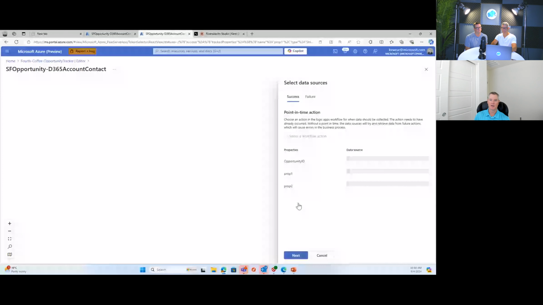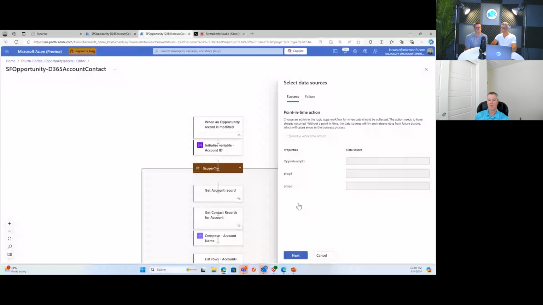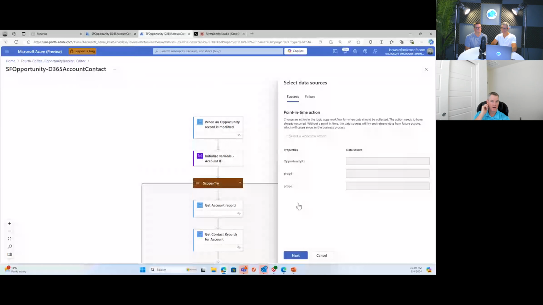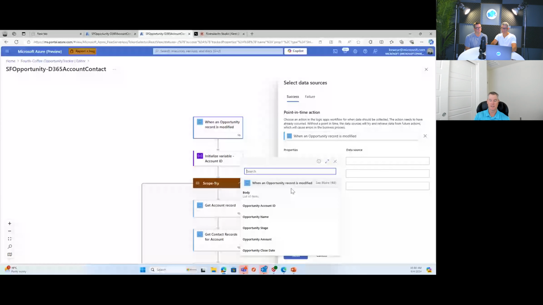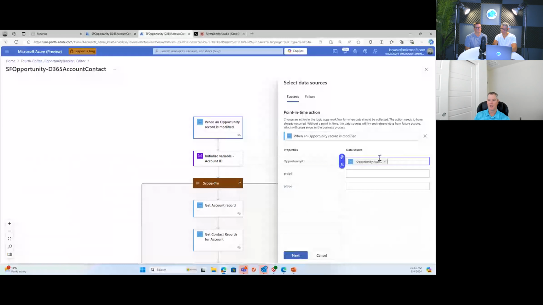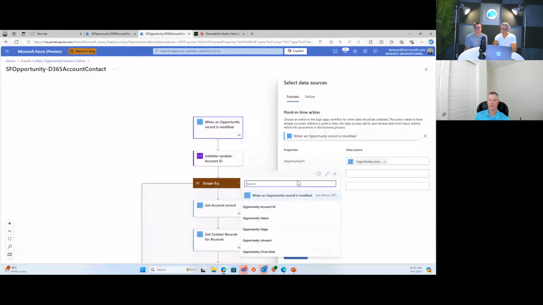What we're going to do here is load a read-only version of that particular workflow. So this becomes, once again, that usability side of things where it's like, okay, I'm familiar with the workflow designer. I know that there's data in there. Why don't I take advantage of some of the existing tools that already exist? So I can do a search here for opportunity, and it'll filter out those opportunity fields that I might be interested in. Same thing with properties, I could find other properties.